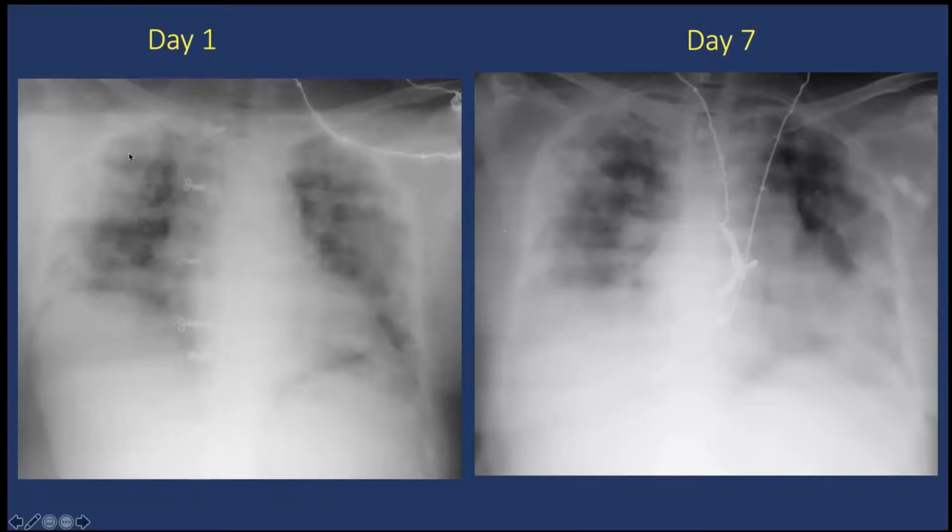So more than 75% would be a score of 4. And since both lungs appear to be more than 75%, this would be 8. And that is the maximum score of COVID pneumonia on chest radiograph.